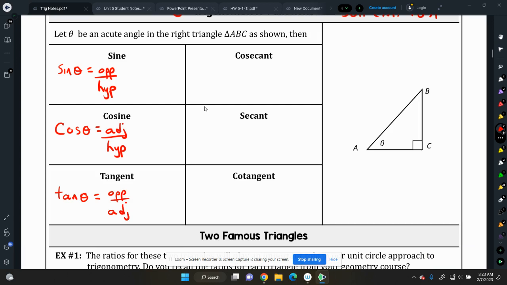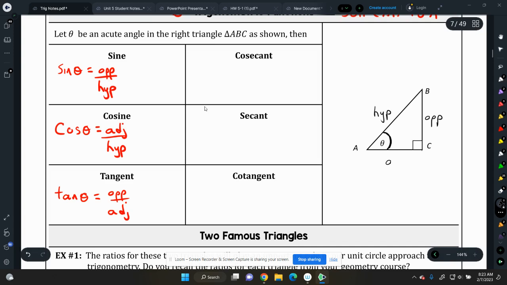So looking at that triangle over there to the right, let's label this, right? So there's my theta right here. So where's the opposite side? Name the opposite side for me. BC, yeah, this is the opposite side. What's the hypotenuse? What's the hypotenuse, Ava? AB, yeah. And then that means the adjacent is AC,